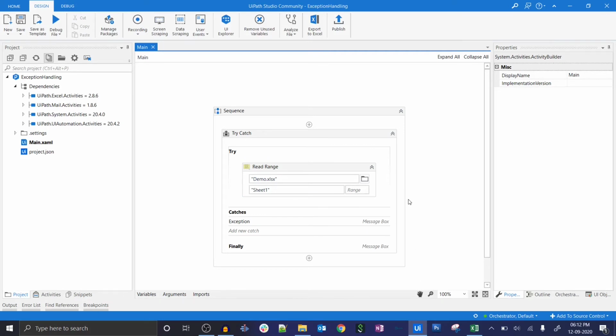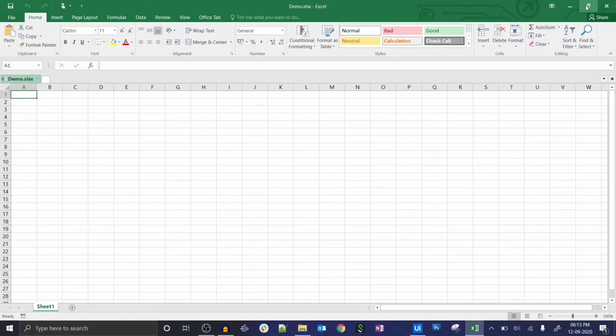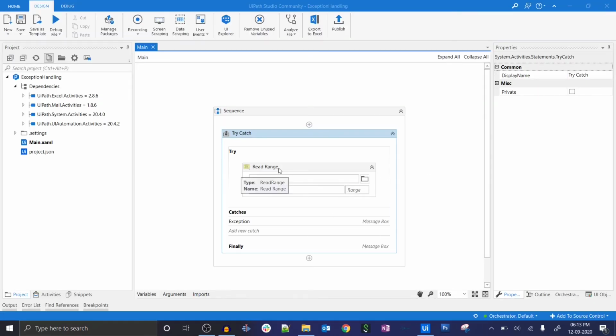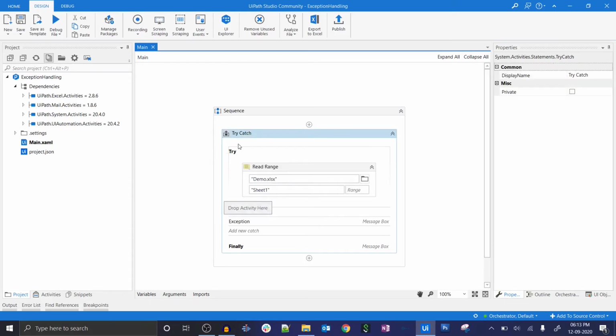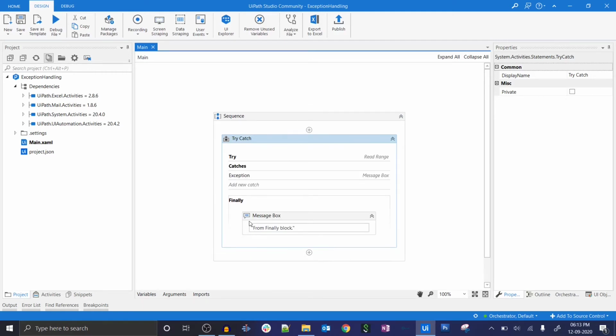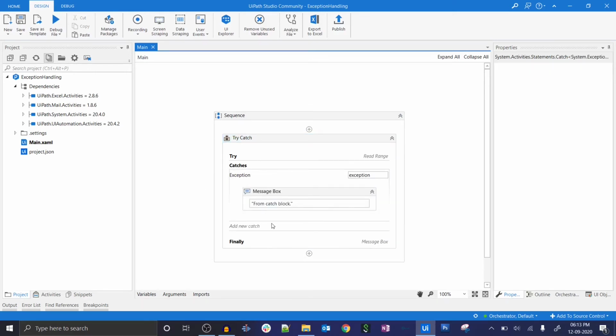If it did, there would be no such issue. I read the entire data from the Excel sheet, that's why I removed this. Now, for example, the file is not open, so this time it will not throw any exception. So from the try block it will not throw any exception, and it will go directly to the finally block as we saw earlier.